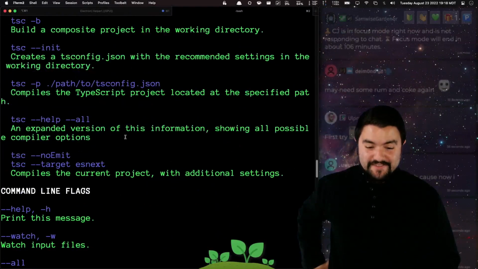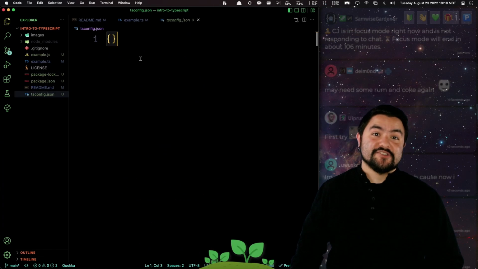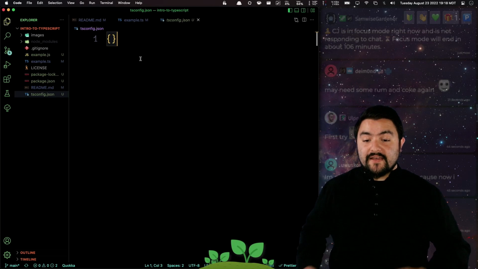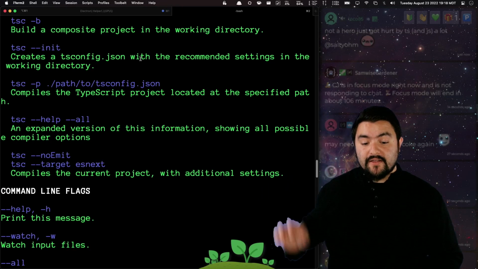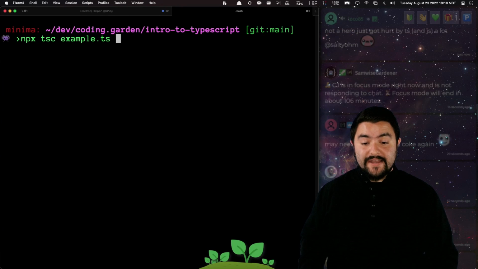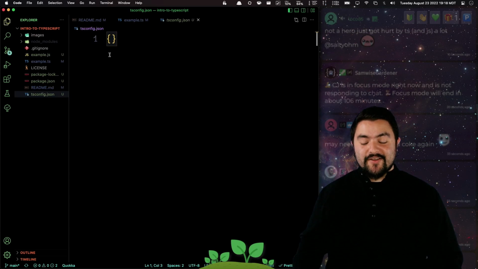And actually, there's a ton of them, which is why we have this tsconfig.json file. So there are settings that I want to specify when compiling the code. And so I can do that in this file, and then I don't have to specify specifically the file that I want to transpile. So let's get our first